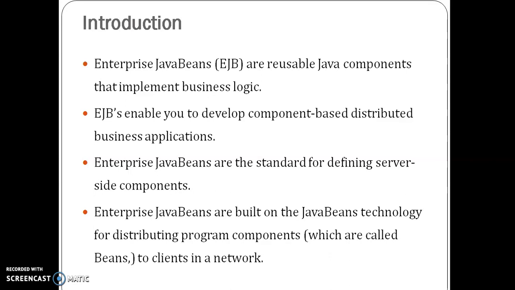So to use the same kind of architecture in programming languages, we have component based applications. To design these kind of component based applications, we can use either Java Beans or Enterprise Java Beans. These two are different. Now we are discussing Enterprise Java Beans. The main aim of EJB is to design the business logic which is used to design distributed applications, and it is based on Java Bean technology.